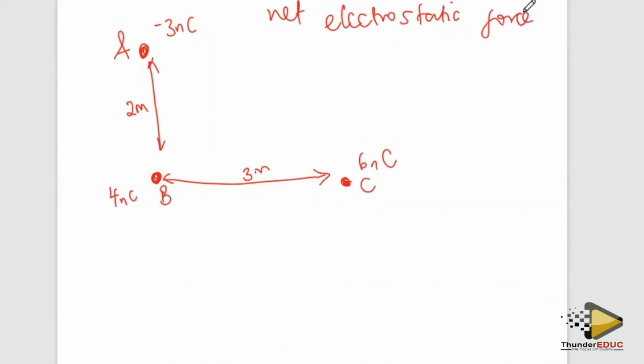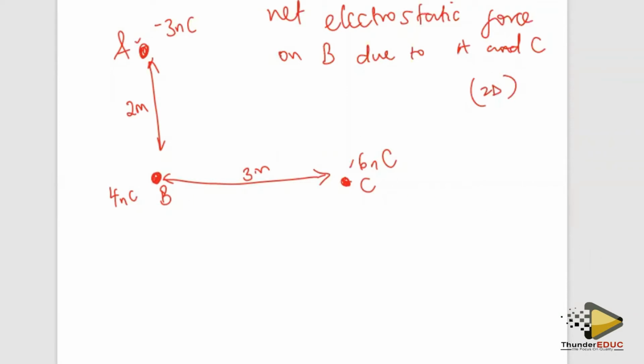Okay. Net electrostatic force on B due to A and C. The net force on B as a result of A and C. Now, this represents what we call the 2D kind of electrostatics, whereby we have the horizontal as well as the